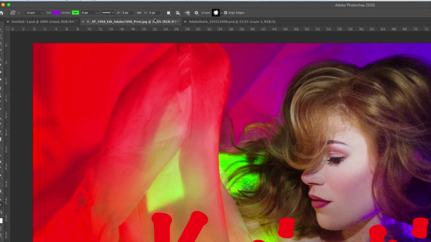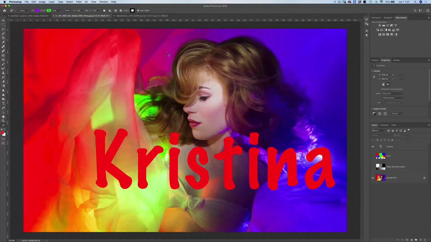Then you have a couple different layout options if you wanted to put in specific pixel measurements. And then also if you want the shape to be aligned with either the left side or the right side or centered in your image, you have all of those options as well. And where you also want this shape to be located on your layer stack. So lots of different things going on to choose from.